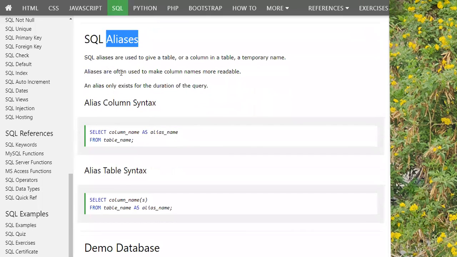So aliases are often used to make column names more readable. For example, you have put ID. Some people do not understand what ID is, maybe a beginner or maybe a client who is not well versed with these short forms. So internally you can put it as ID, but for representation you can put an alias as identifier. Now you will say, why two different names? Okay, we want two different names because the shortcuts will be useful for us.